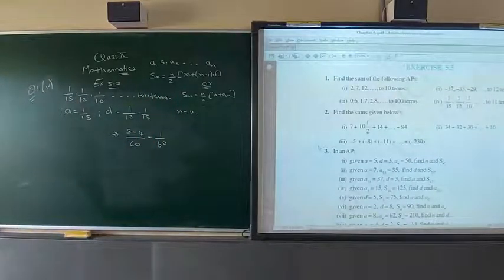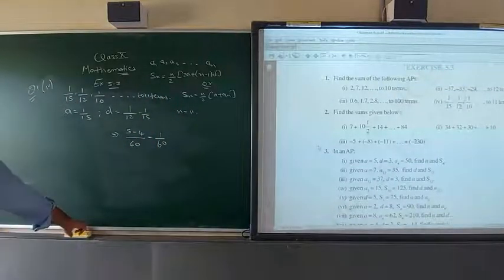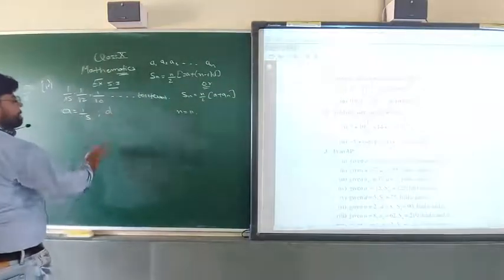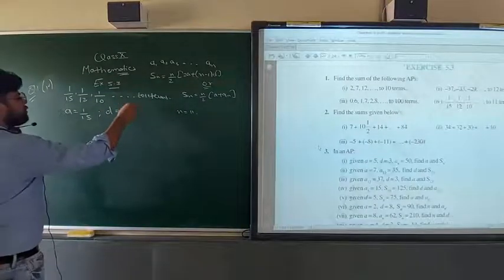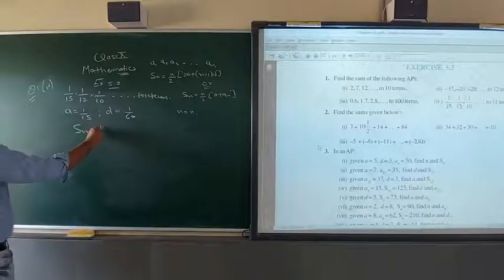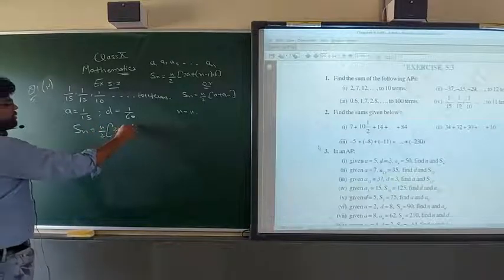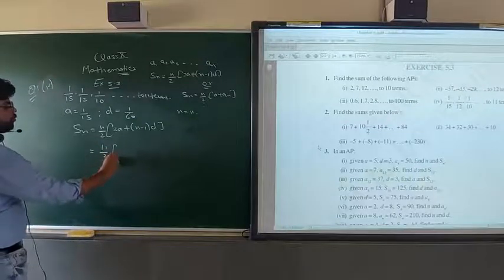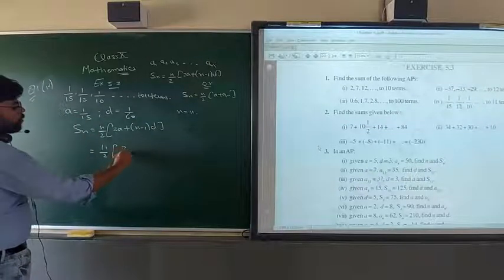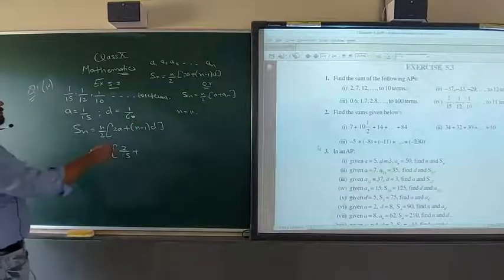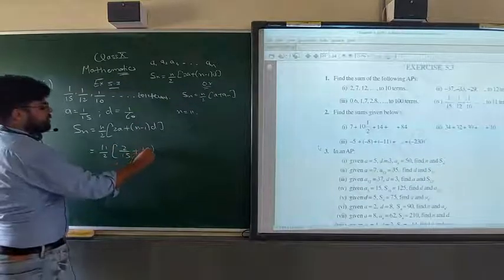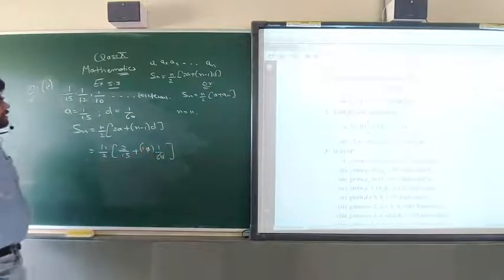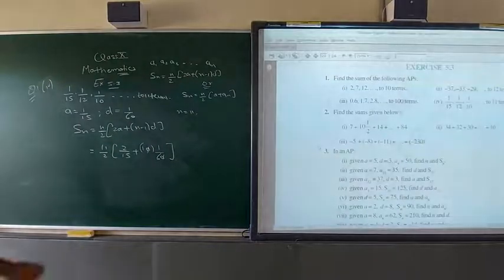Now all the things are noted down, first, and I will erase them. After that we have to put the values in the formula. Now I will write directly d as 1 upon 60. Sn equals n upon 2 times (2a plus (n minus 1) d). n is 11 upon 2, 2a means 2 upon 15 plus 11 minus 1, which is 10, and d is 1 upon 60. The 0 and 0 we can cancel, so here we get 1 upon 6 only.